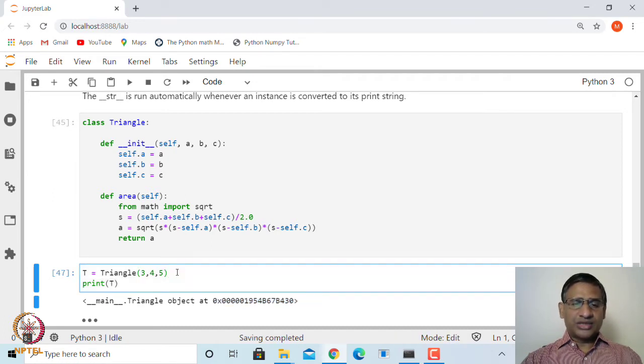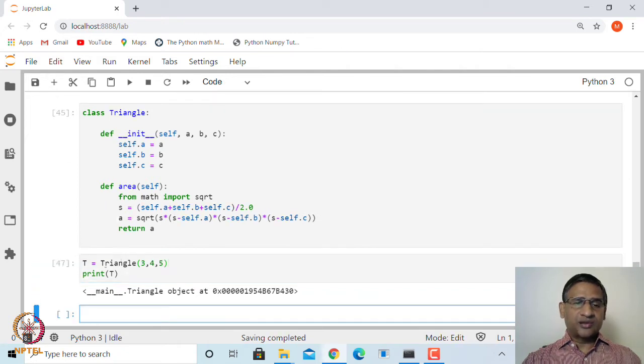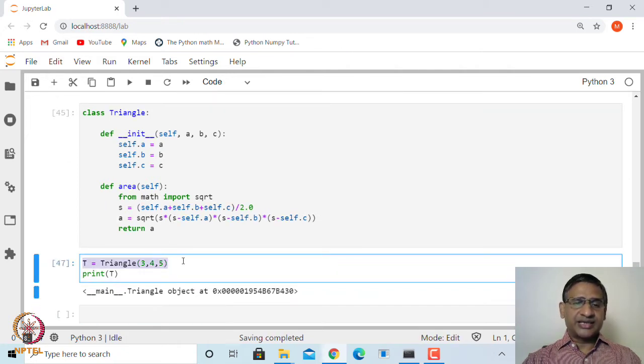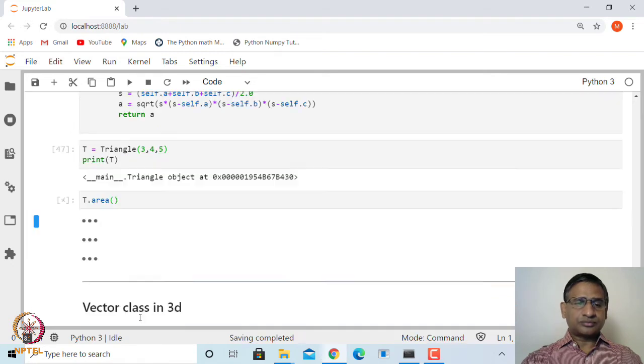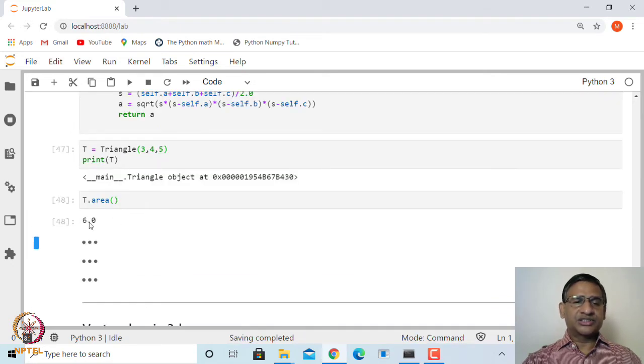That is not good enough. Once we have created this triangle, we can get its area, t dot area, and the area is 6.0.